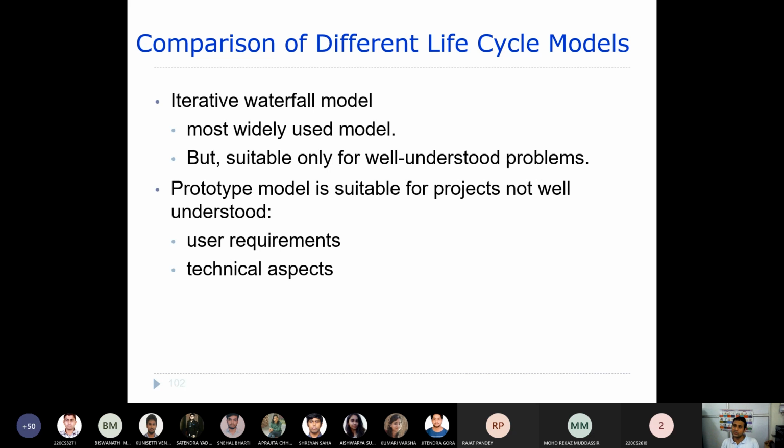Those sort of unknown risks are handled in which model? In the spiral model. That is why we try to identify the risk here as well as resolve the risk. So it is a little different. If the risks are known, you go through the prototyping model. If unknown risks are there, then you need to go through the spiral model.